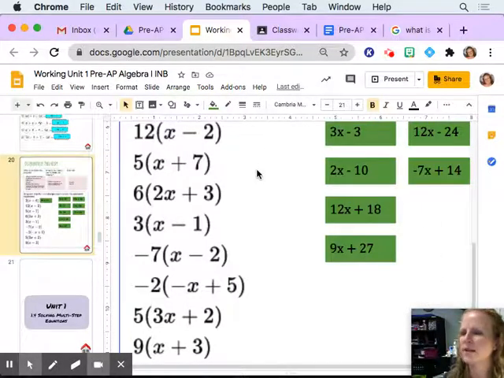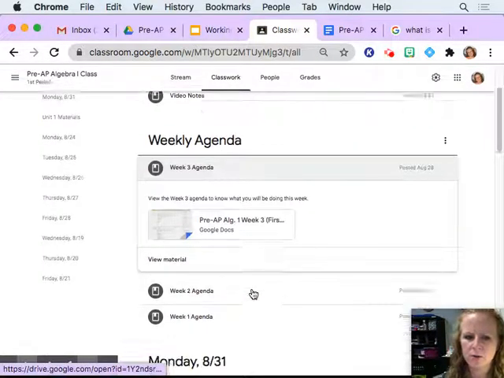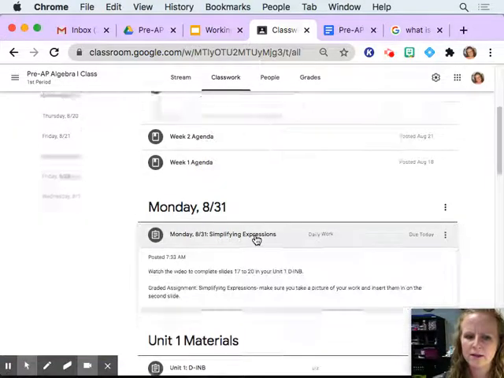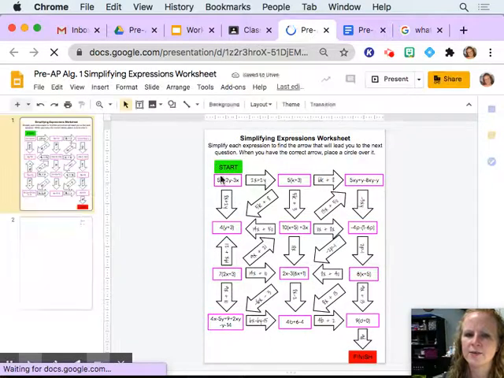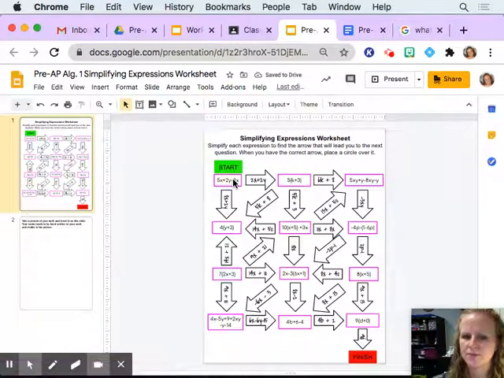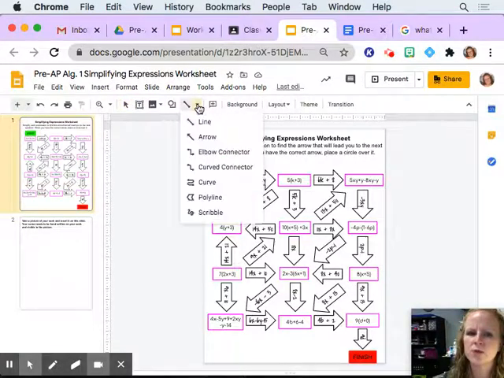And then everybody take a step back from the notebook real quick. And let's go back to your classwork so you know what your assignment is for today. It is this Simplifying Expressions worksheet. You are going to follow the path to get to finish. So you're going to start with this. And if you want to use the scribble tool